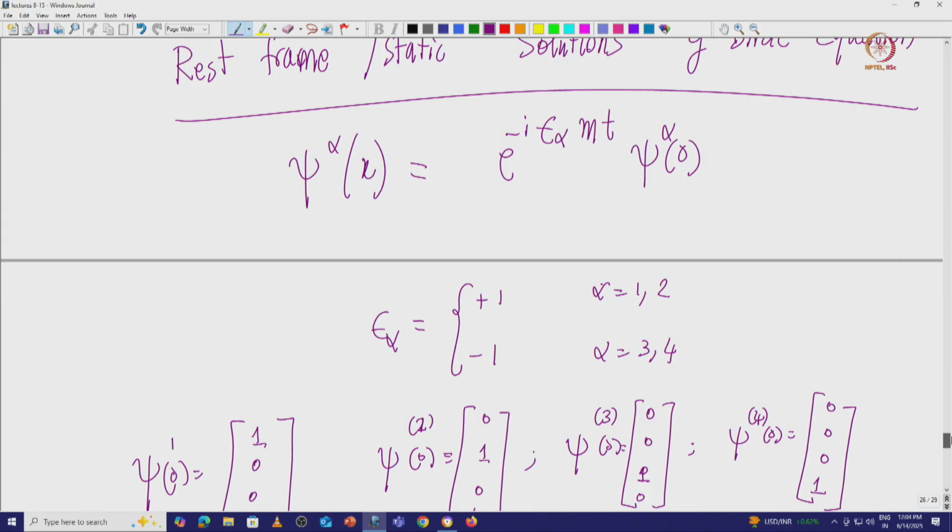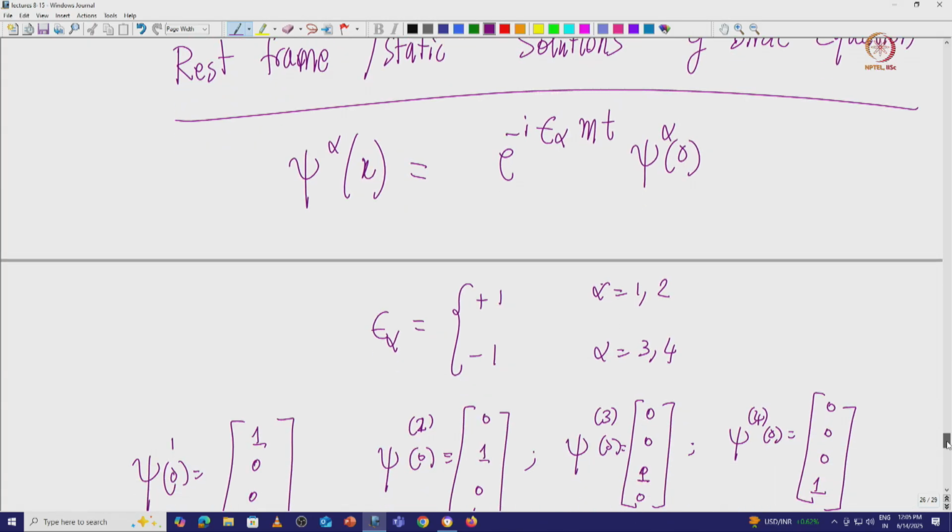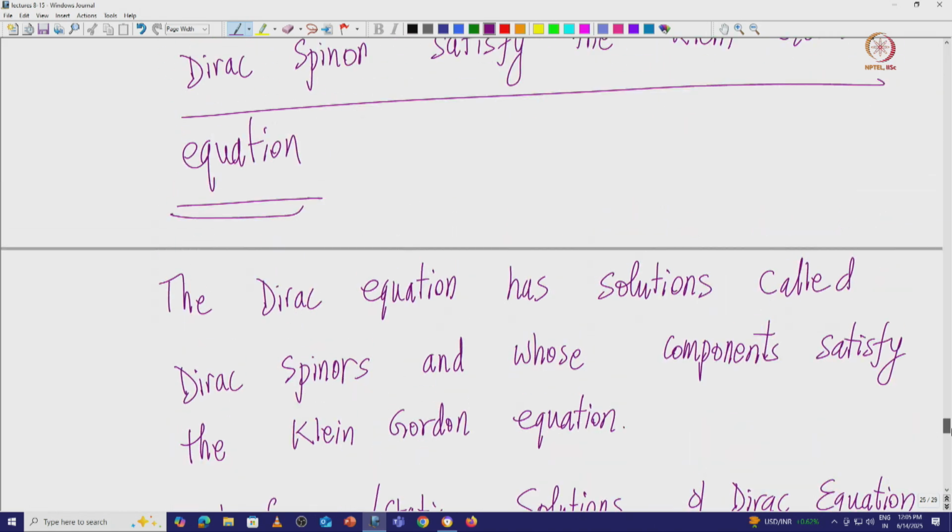Welcome back, friends. Okay, so we have been looking at the rest frame solutions of the Dirac equation essentially. We looked at the limit where the particle is at rest, and then of course we can always boost it by applying a corresponding Lorentz transformation on these things. I'll come to the Lorentz transformations and how to apply them on the Dirac equation in the coming lectures. But just to get an idea, we wanted to write down the solutions of the Dirac equation, and they can be solved easily from here.